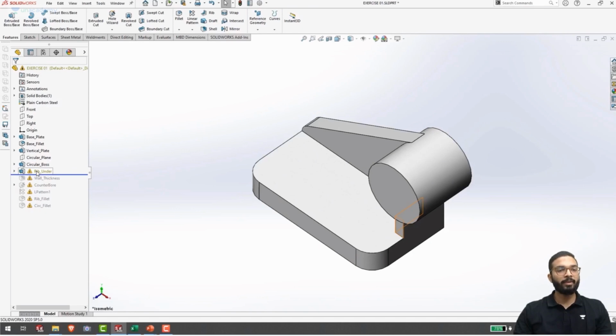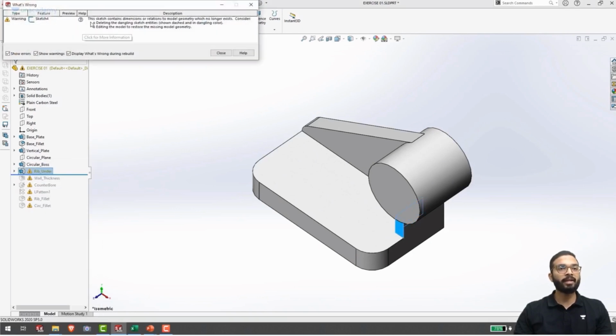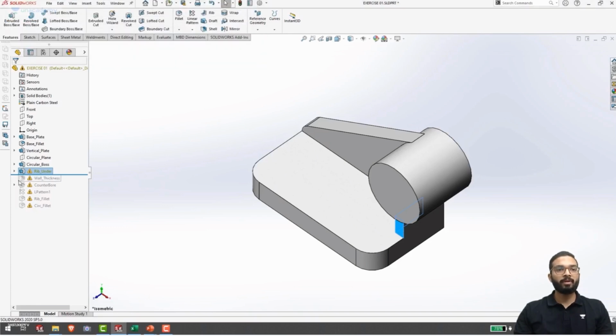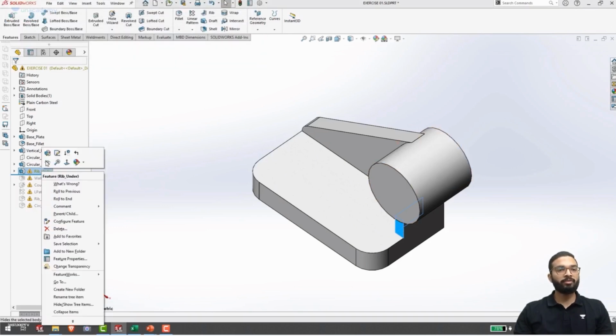I will again right click on it and click on what's wrong. Here again, it is telling me this sketch contains dimensions or relations to model geometry which no longer exist. Consider deleting the dangling sketch entities shown dashed in dangling color, editing the model to restore the missing model geometries. Okay, we again have inferred from this information that there is some issue with our sketch. I will close it, right click on our feature, go to edit sketch,